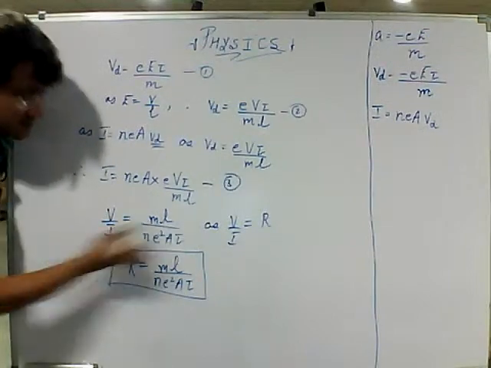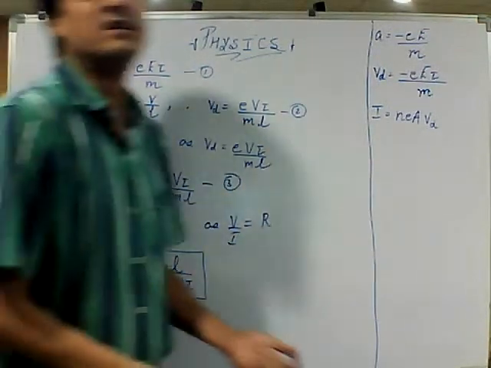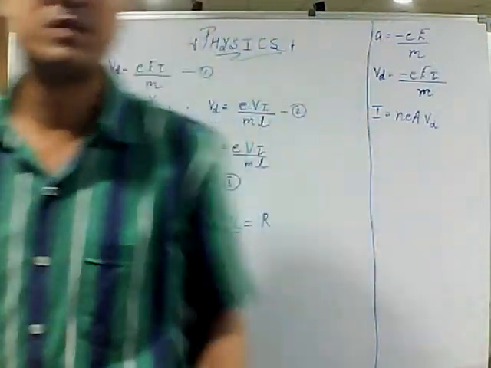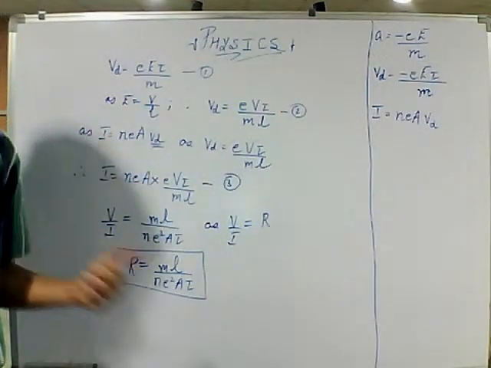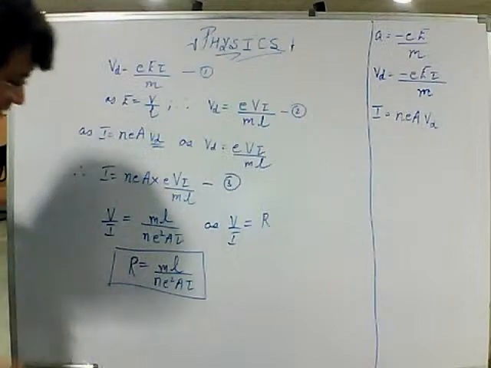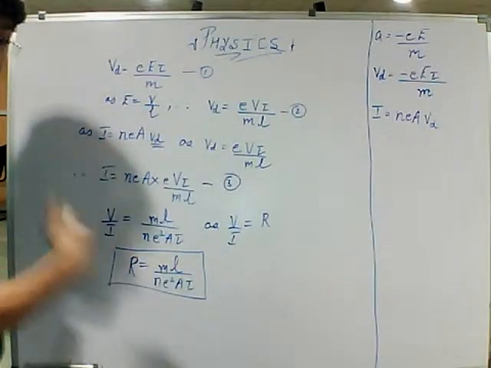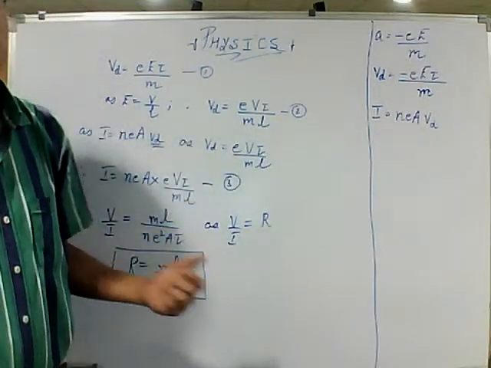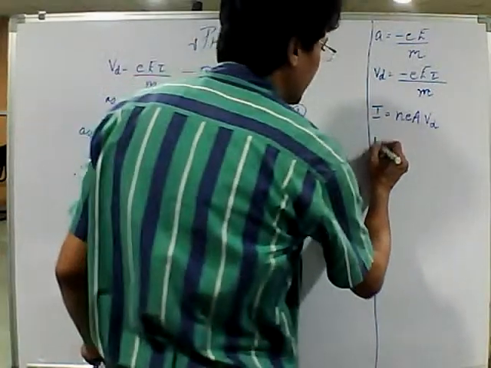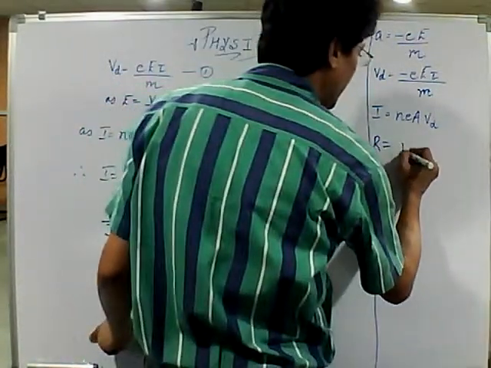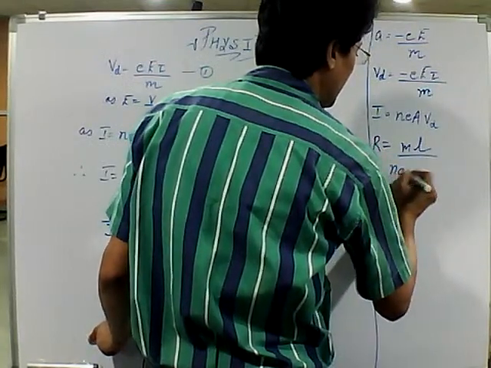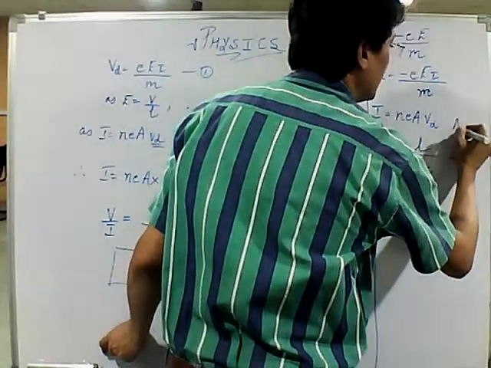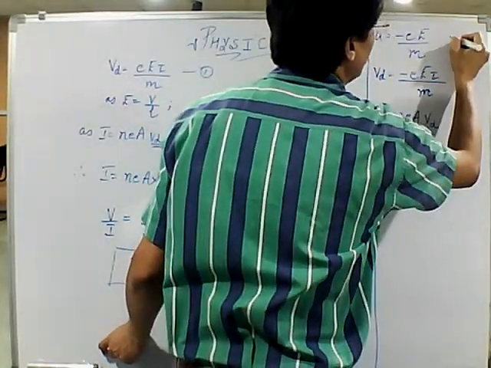So if V to I is a constant, if you take I over there, you will have I directly proportional to V, which is Ohm's law. So for a given section of wire, if the physical conditions are kept constant, the current flowing through the conductor is directly proportional to the applied potential. Is it clear now? So we have R, one more expression, as ml upon n e square a tau, with units ohm, amperes, meters per second, meters per second.